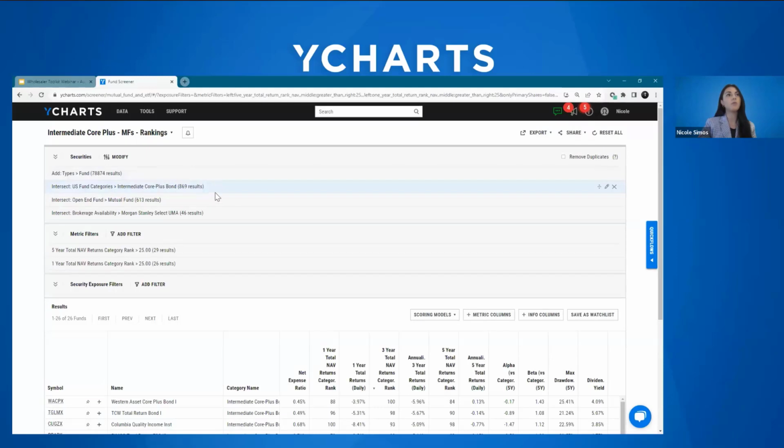And you can see below that we have 3 additional selections. So we're filtering to only look at that US fund category, intermediate core plus bonds. Then we are looking only at mutual funds. And finally, we're filtering by a specific brokerage availability or brokerage platform. So in this case, we're looking only for those intermediate core plus bonds, mutual funds available within Morgan Stanley Select UMA. You might be wondering at this point, well, this is great, Nicole, but how did I go ahead and